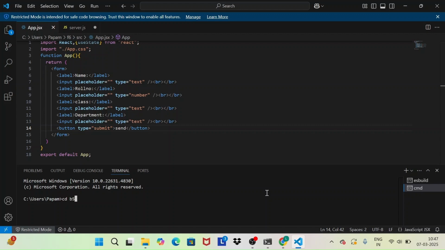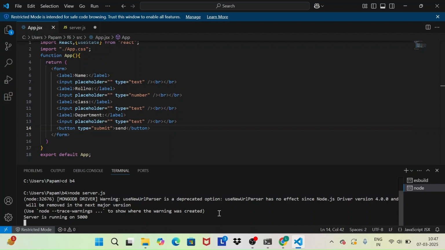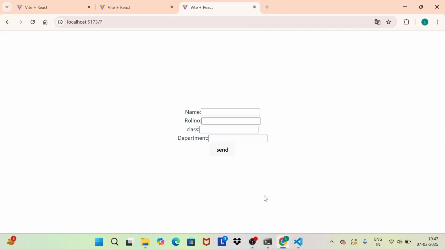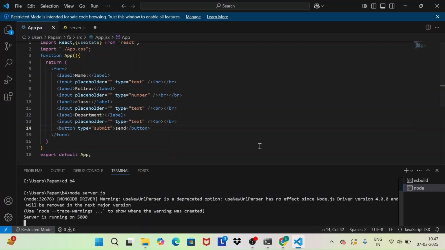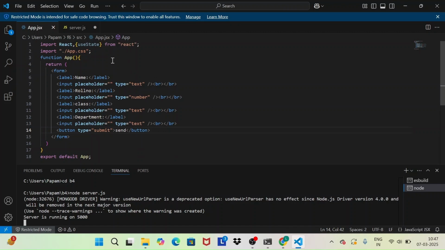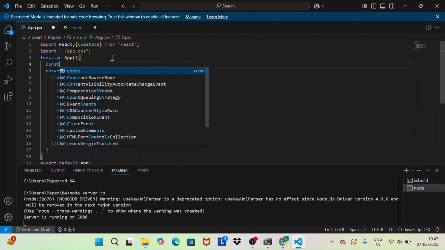Let's run our CDB. I'm going to run our server. Now we're going to run our server. Let's see how we can send the data here. Let's go to our app.js file. Here I need to create a function to store names,